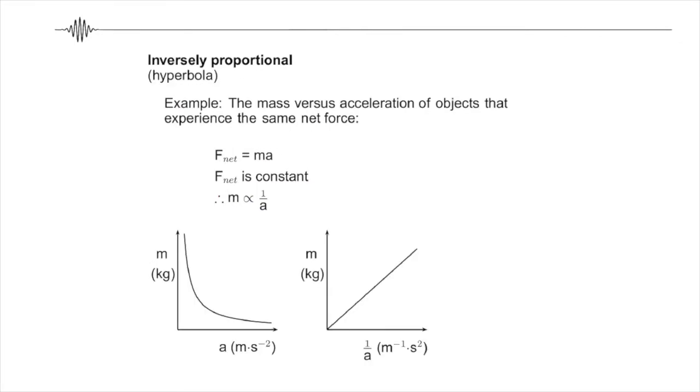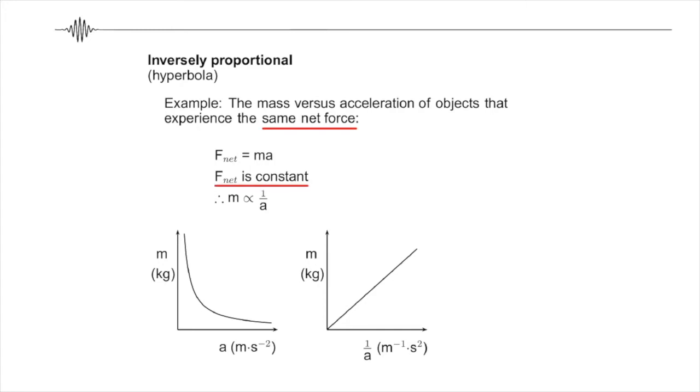Next, we look at inversely proportional, and that will be a hyperbola. I know all of you have seen that before. When they give us an example here, they ask us mass versus acceleration. So we need mass on the y-axis and acceleration on the x-axis. They tell you they experience the same net force, and that is going to tell you that F net is